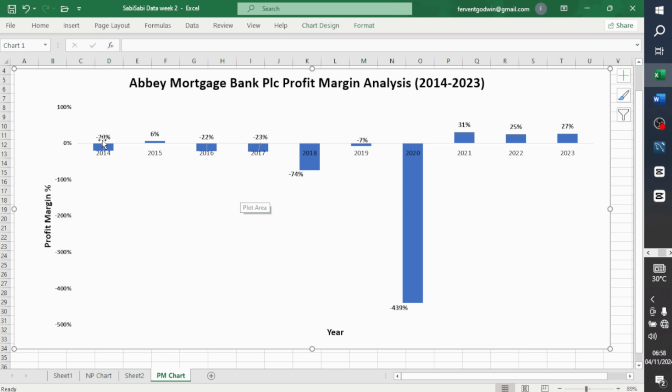Is it taking the same downward position, or is it taking an upward position? Let's see, because we saw something different here. Let's see what the revenue trend analysis will tell us, and for that one I'll be representing it in a line chart. Yes, so will it be an upward trend? Will it be a downward trend? You can make your suggestions and drop them in the comment section.